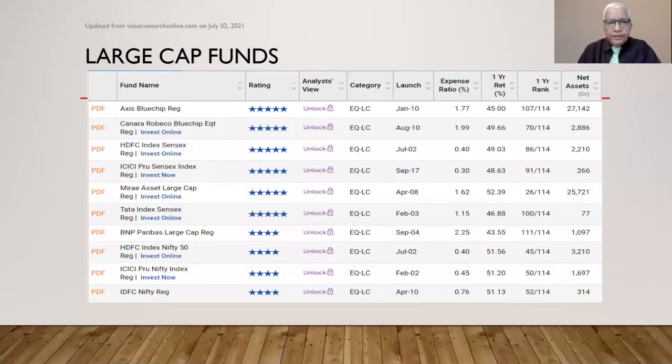Welcome back. We'll start where we left last time. Now I think it was on the mutual funds of large cap category. Yes, this is where we were. The top 6 funds are listed here in the large cap category. Now coming to the next slide, that is